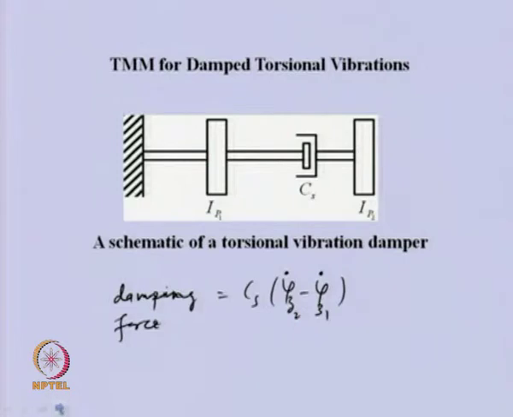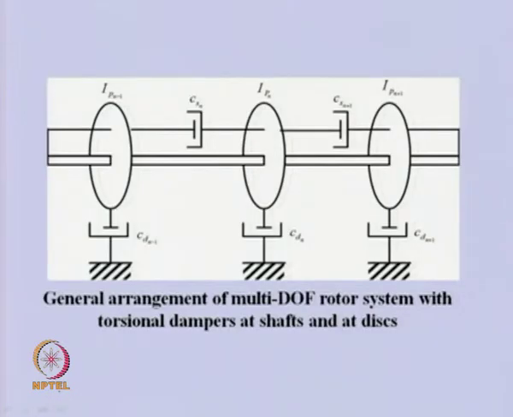Now, let us see a multi disc rotor system in which a number of discs are there, and the disc, because of the working fluid, is having some kind of damping. So, at every place we have added a damper, and the damping coefficient of the disc we are writing as C subscript D, and these are for various discs like the n minus 1 disc, nth disc, n plus 1 disc. So, each disc has some damper.